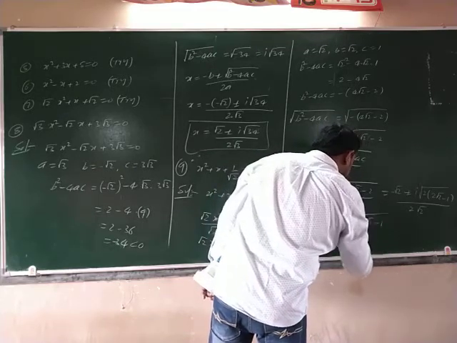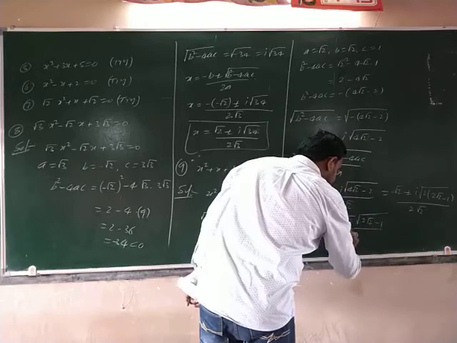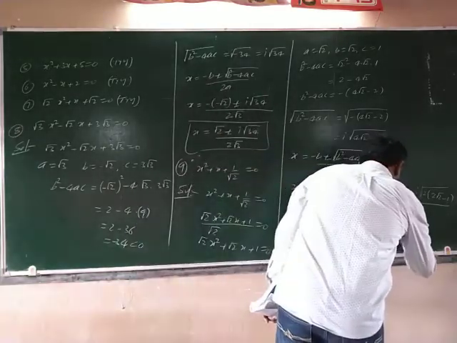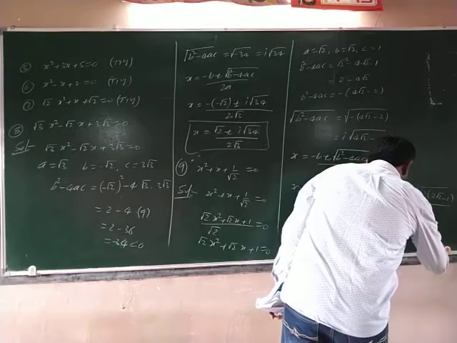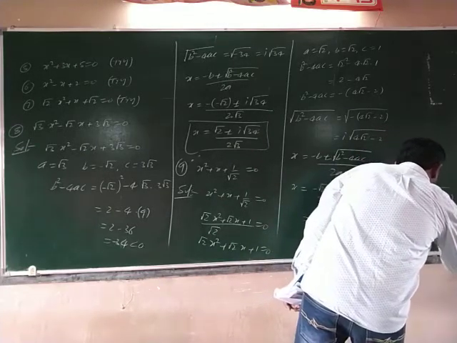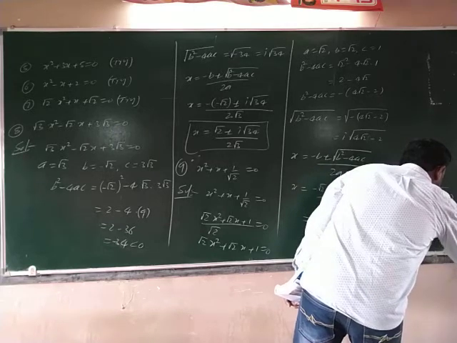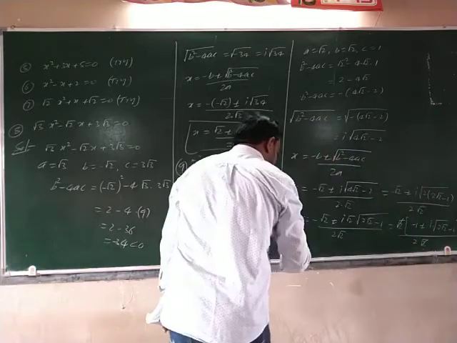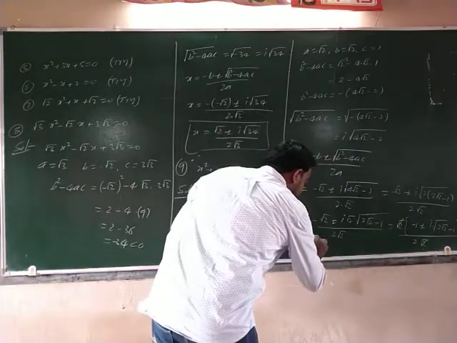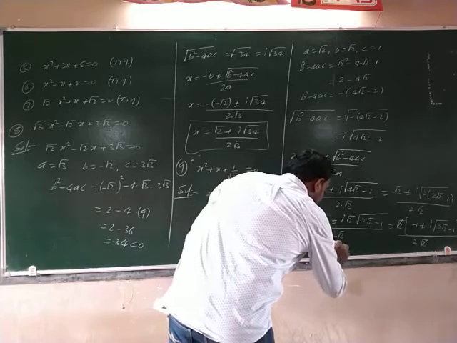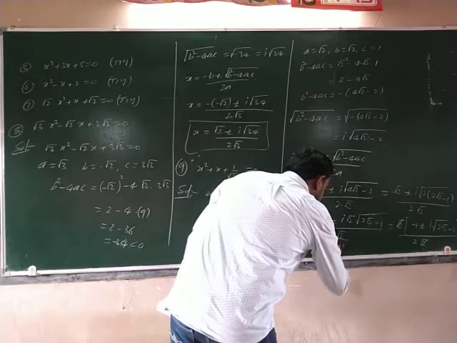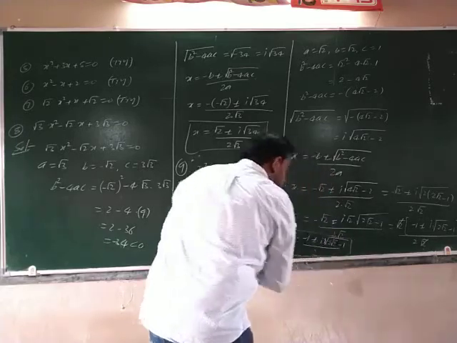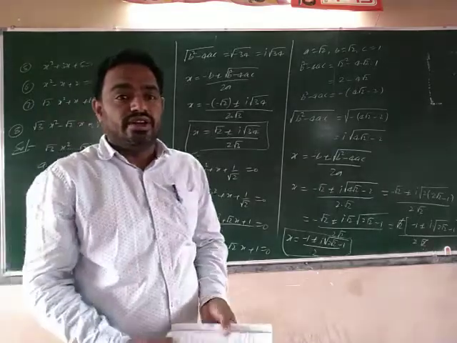This is equal to minus root 2 plus or minus i into root 2 into the root of 2 root 2 minus 1, by 2 root 2. Root a into b equals root a into root b. So now in the numerator root 2 is common, remaining minus 1 plus or minus i into the square root of 2 root 2 minus 1, by 2 root 2. So root 2 gets cancelled. x is equal to minus 1 plus or minus i into the square root of 2 root 2 minus 1, by 2. This is the answer. Right?